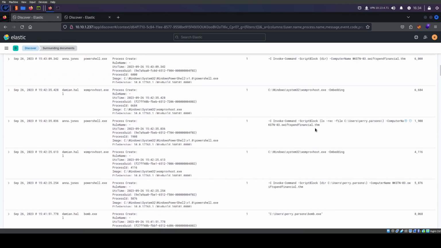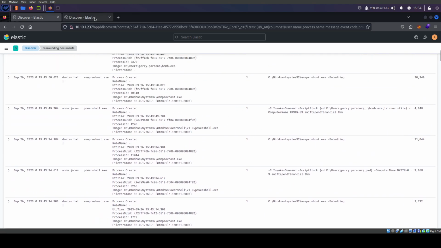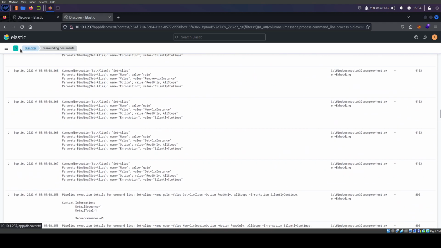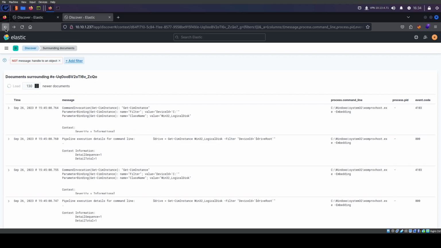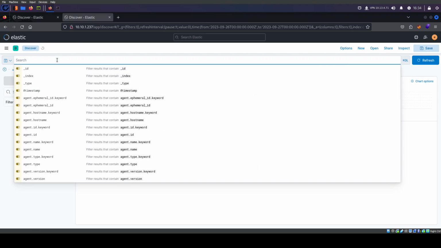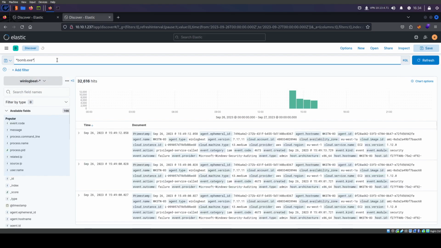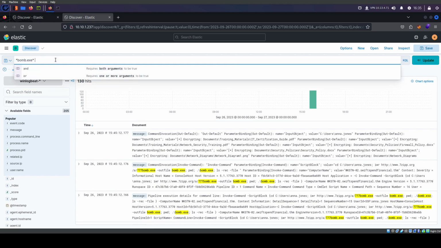So see, this is where I was before, and it's basically the same output. So what I'm gonna do is let's go back. Let's just go to Discover, remove this filter. I'm gonna do bomb.exe, and let's see. Let's focus on event code